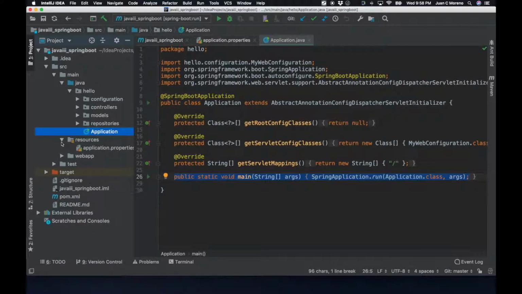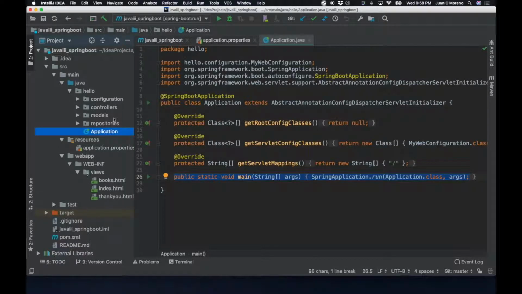In the structure of the code, you are going to see an application and packages called configuration, controllers, models, and repositories. The Spring Framework is very keen on using a model view controller paradigm. And in that paradigm, I have decided to organize my classes as such. So my classes are organized into the controllers, the models, I could consider the repositories under that part, and my views, which are in my webapp WEB-INF